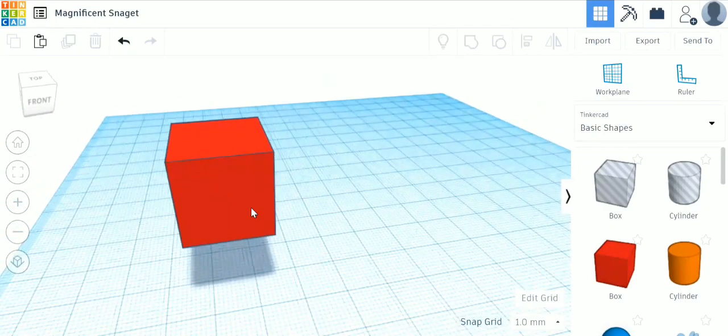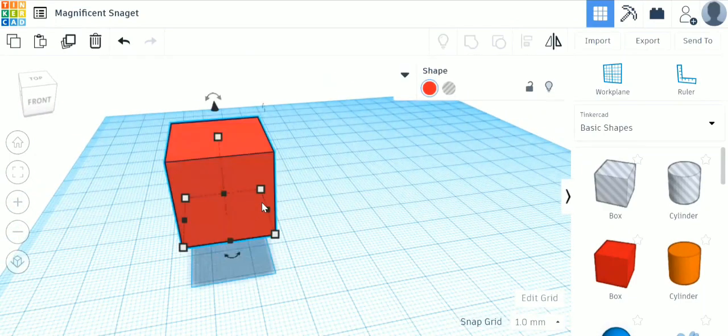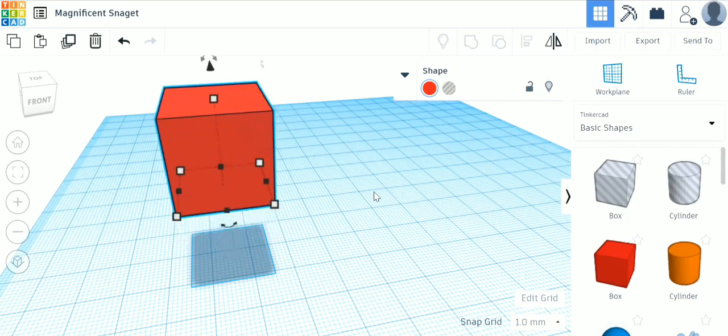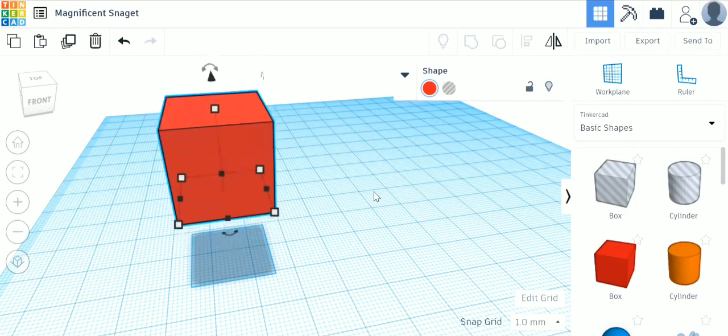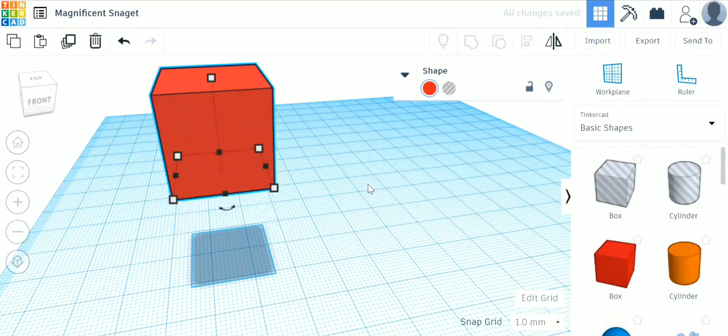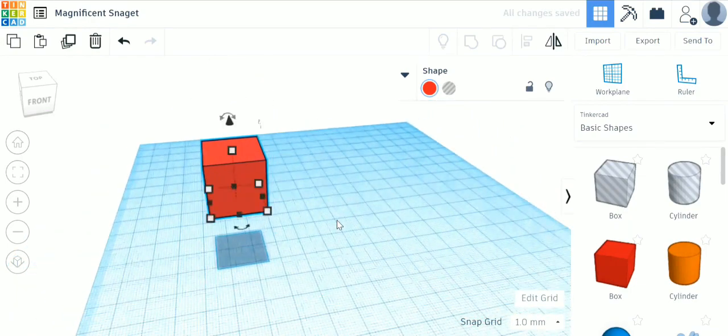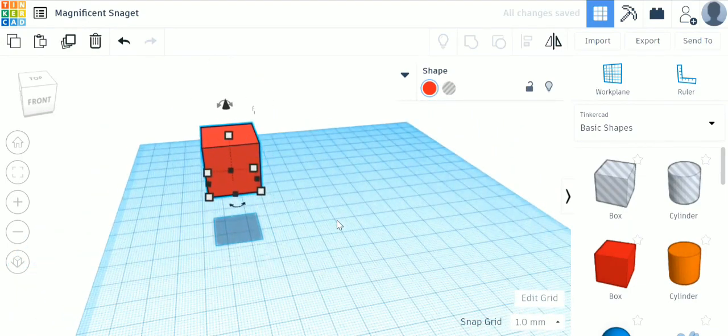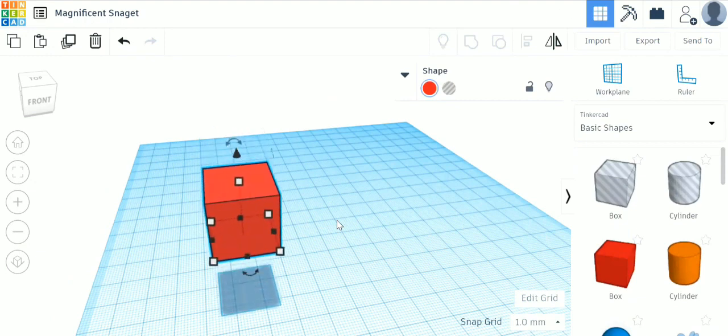You can perform the same activity by using arrow keys. Just click on the object, then press Control, hold on to Control and the upper key. If you do not press the Control key, it will just move along its y-axis.